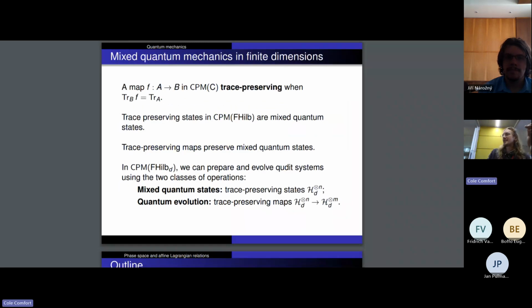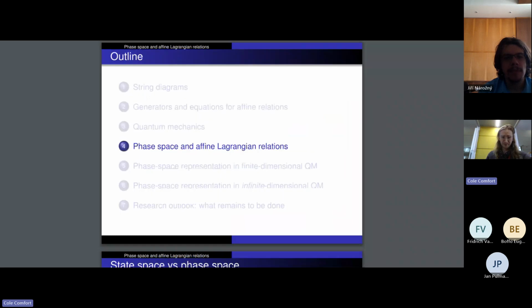Yeah, the thing is, this is a very, very large category, and it's very complicated. And the point of my talk is I want to restrict my semantics to a smaller fragment of quantum mechanics, so that it can be faithfully represented within this kind of way of thinking of things, but where it has more classical behavior that's more reminiscent of classical mechanics. And to do that, I need to change my way of thinking, from state spaces to phase spaces.